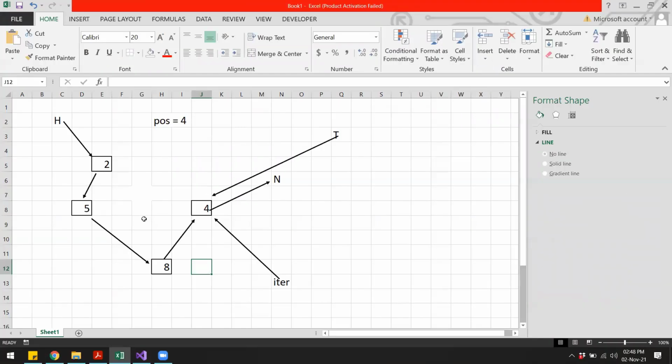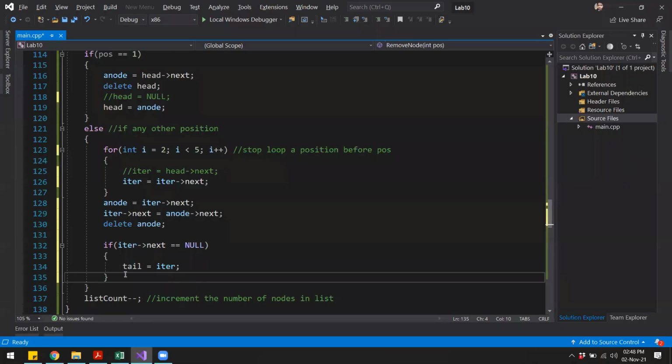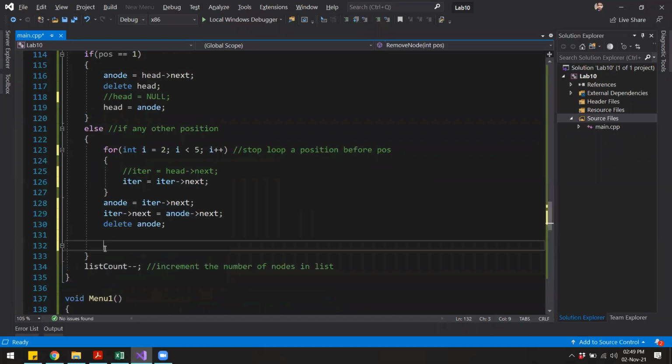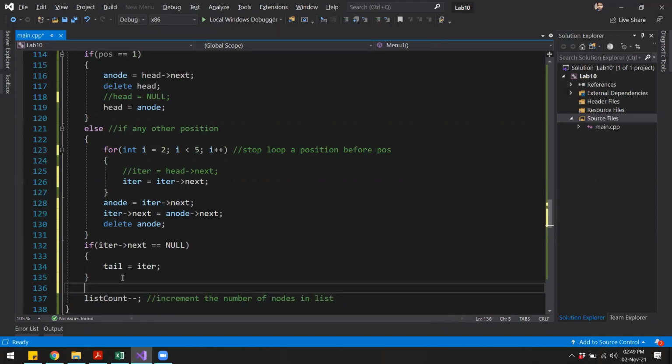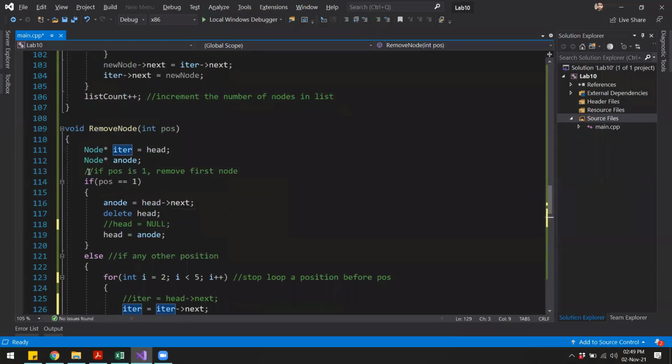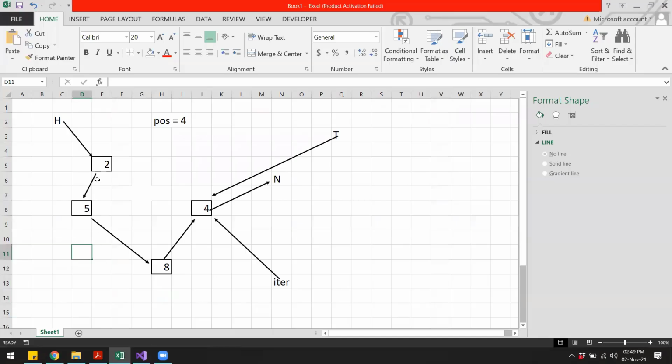So now the list looks correct, right? Everything is connected. And we can move this code outside of this else, because we want to execute this in every case, because if I delete the node from location number 1, then that could also be the last node in the list, right?